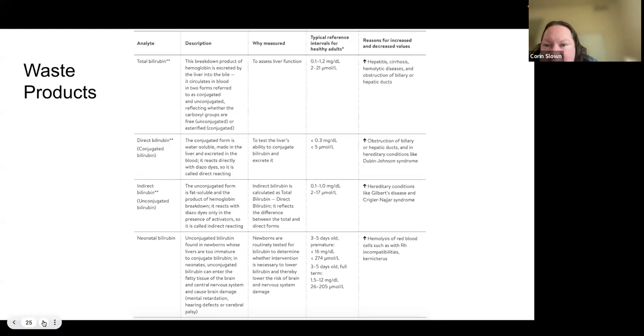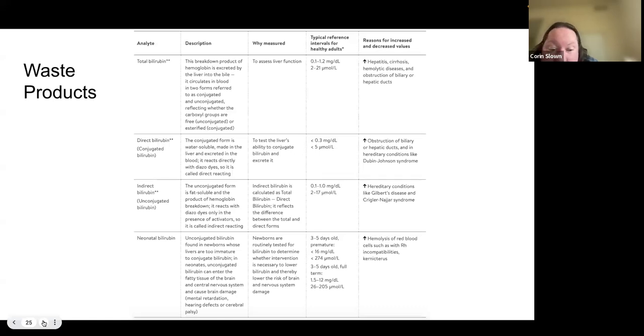So if someone has hepatitis or cirrhosis or some other type of hemolytic disease, total bilirubin is an indicator of that. Notice here there are a couple of components. So there's direct bilirubin, which is the conjugated form. There's indirect bilirubin, which is the unconjugated form. And then there's neonatal bilirubin,